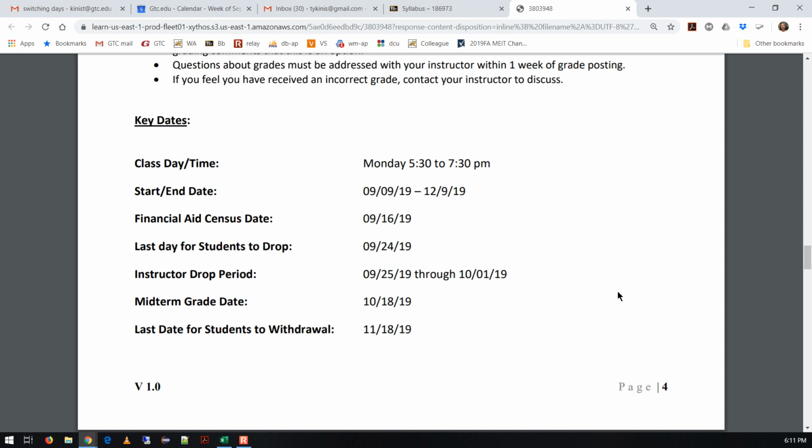So we start on the 9th, end on December 9th. Financial aid census date is next week, which means you just need to show up or log into Blackboard to clear that hurdle. If you opt to withdraw, you have until the 24th. And then I have a 1-week drop period that follows,